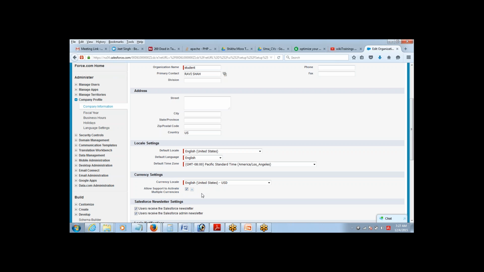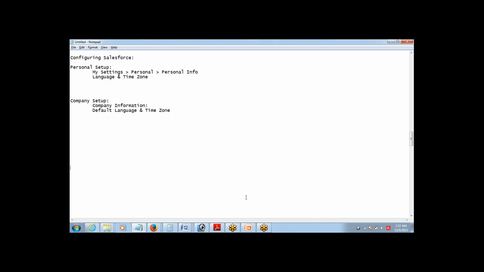So multiple currencies is where you can select more than one currency, and every time you are entering an amount, you will have the choice of selecting the currency. Just to give you an idea, if you select multiple currency, every time you are entering an amount in a field, let's say this is the field where you are trying to enter an amount,